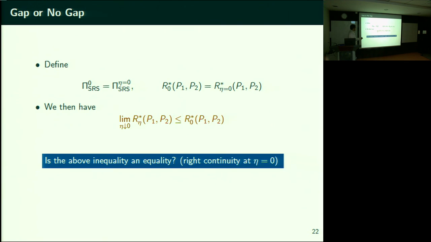So all we are asking is, is this an equality? If this is an equality, yes. So in some sense, can we show that? The reason I write right continuity here is for some reason which comes from prior works. In the prior works, we show that the above inequality is actually an equality. Our lower bound is a very general lower bound. When specialized to the settings of prior works, we are able to recover the respective lower bounds in those works.